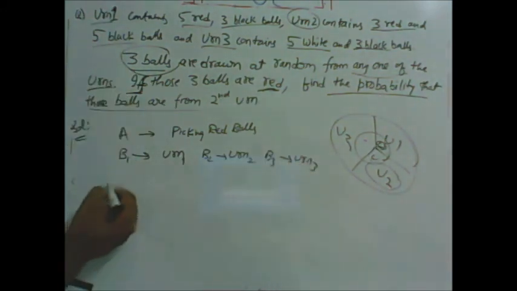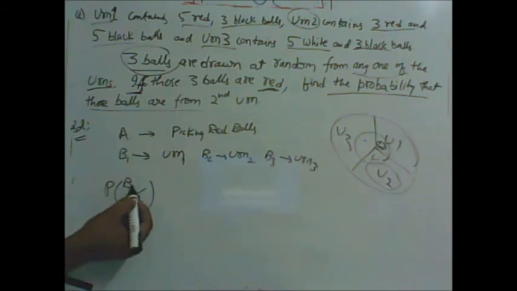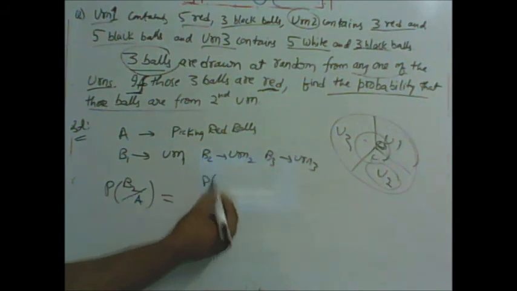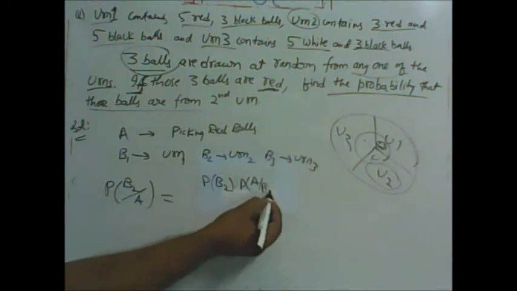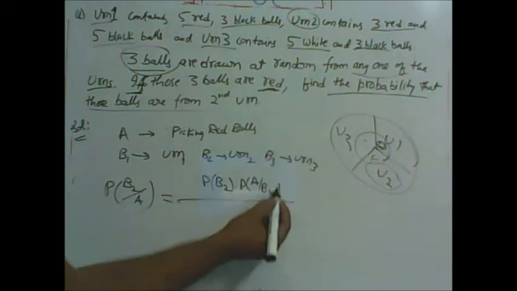He is telling that red is already given, A is fixed, and now it has to be from urn 2, B2. So B2 given A, from Bayes' theorem, is P of B2 into P of A given B2, divided by